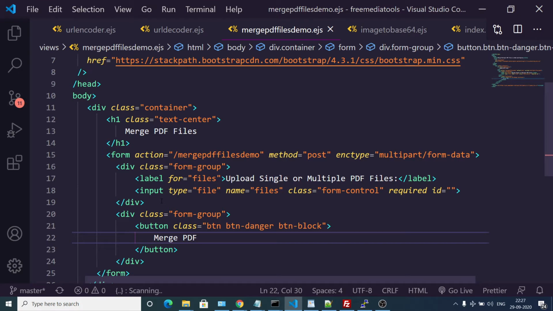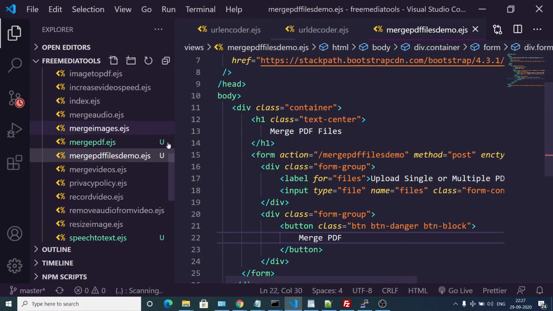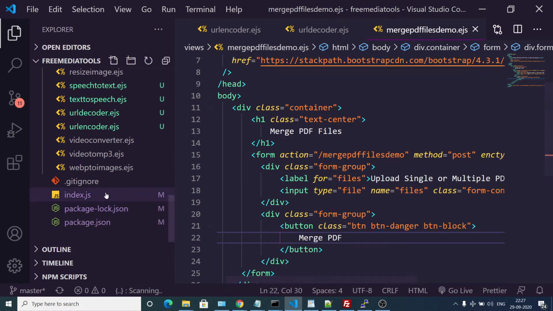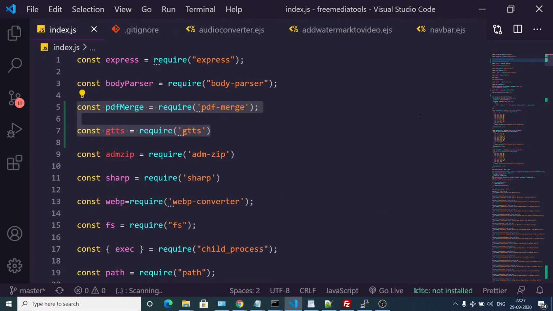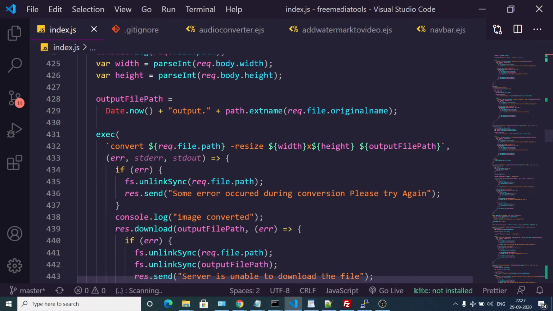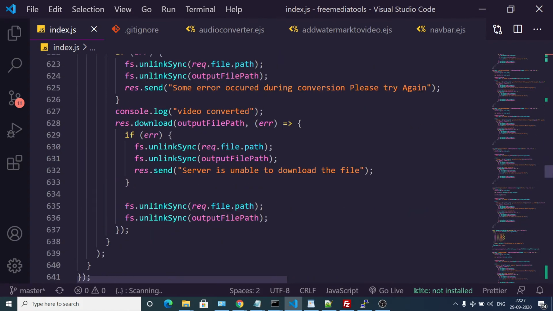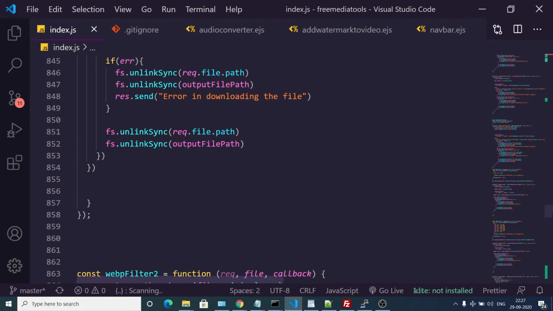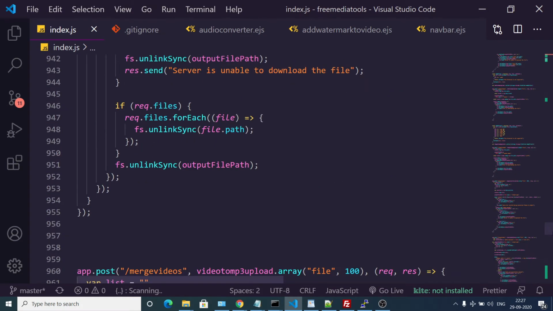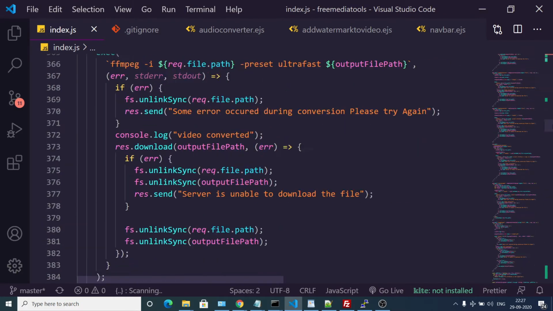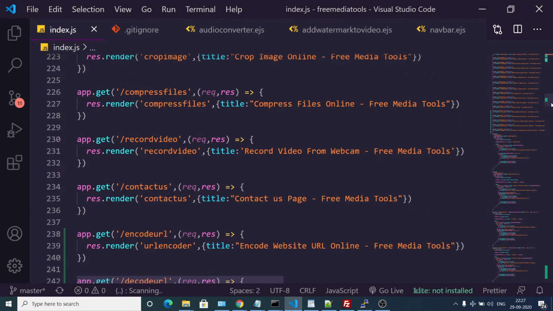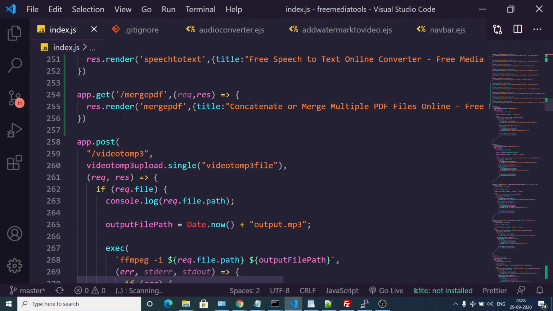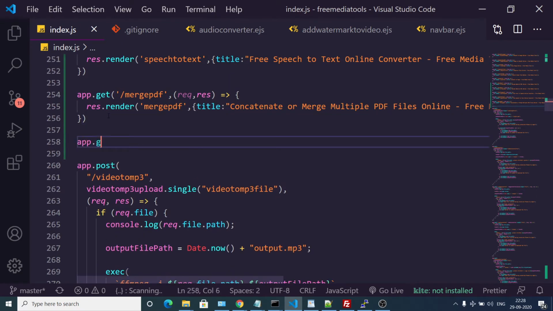That's it. Now, as I'm running this inside my index.js, this is my project. This is the whole website project that I'm running. Every time I add a new tool, I add to this website code. So right here, what we want to do is load that template. You can see app.get merge PDF files demo.